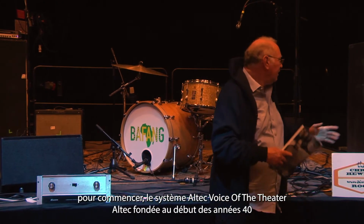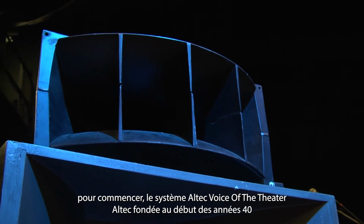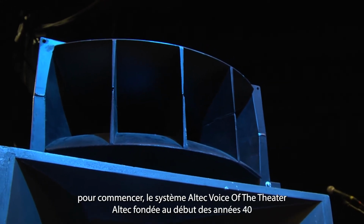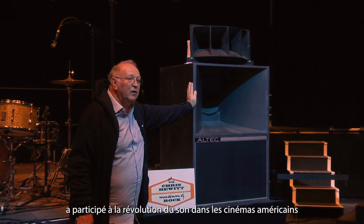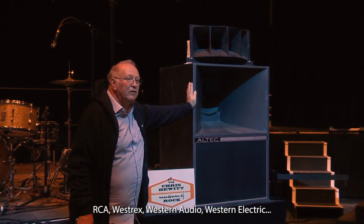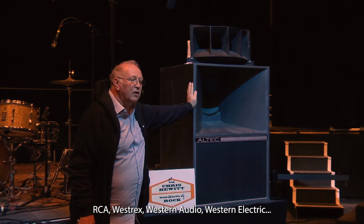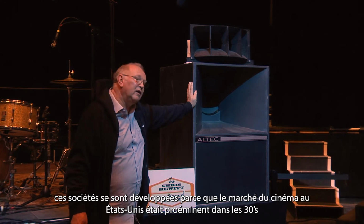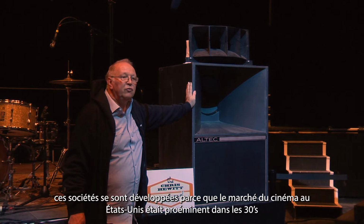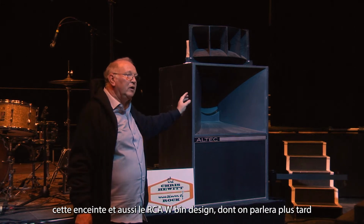We'll start off with the Altec Voice of the Theatre system. Altec formed in the early 1940s and were part of the American revolution in cinema sound. RCA and Westrex and Western Audio, Western Electric, they all formed because the movie theatre business in America was really prominent in the 1930s. So these speaker cabinets and also the RCA W bin design, which we'll talk about later,